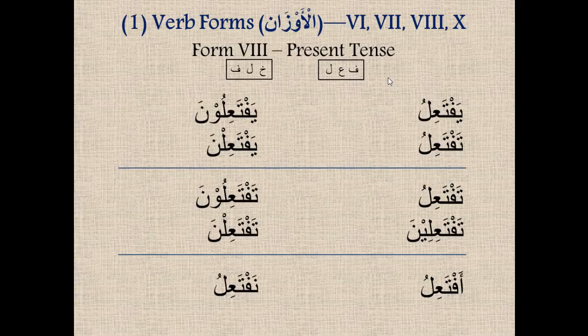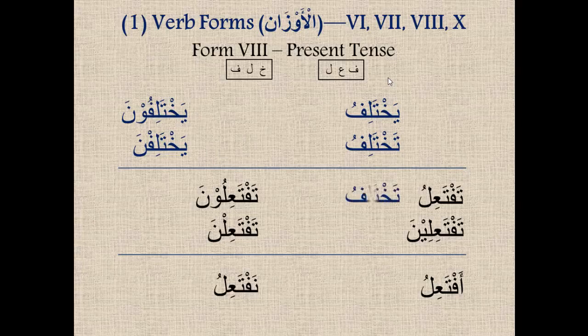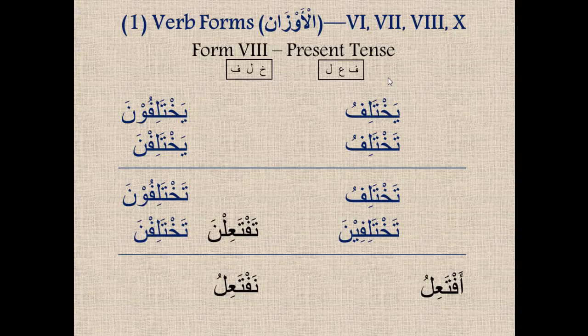Present tense. يفتعل يختلف، يفتعلون يختلفون، تفتعل تختلف، يفتعلن يختلفن، تفتعل تختلف، تفتعلون تختلفون، تفتعلين تختلفين، تفتعلن تختلفن، أفتعل أختلف،